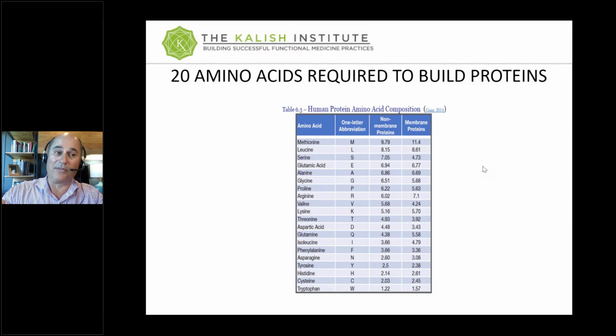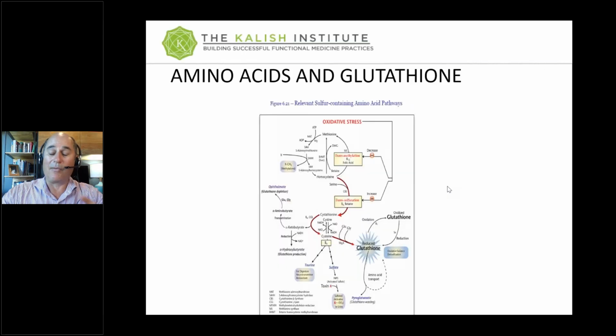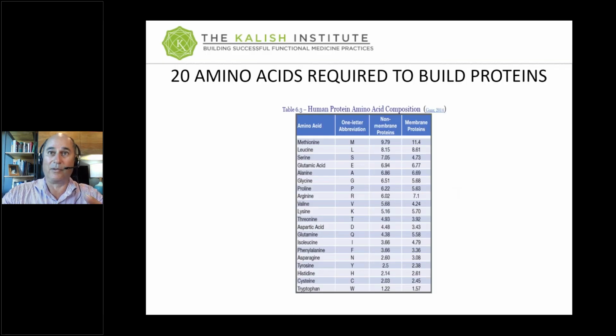So another kind of reverse engineering way of saying this is a plasma amino acid test is one of the most, if not the most, fundamental tests that you can run. And understanding what this test means and how to interpret it and how to fix these amino acid deficiencies is critical. And remember, we're not talking about specific non-protein functions of amino acids. In that first whole section of this little lecture here, we're just talking about the ability to make proteins, and that is the ability of the body to heal and repair.